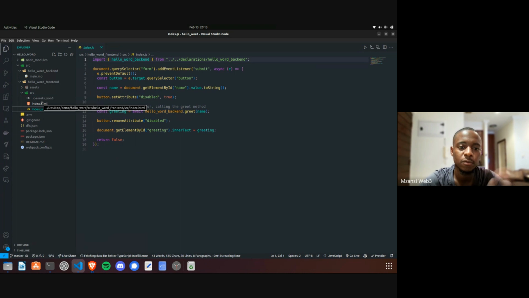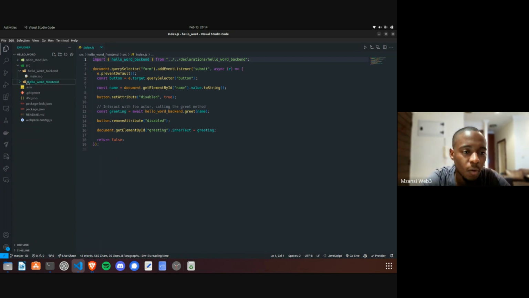I'm actually going to remove this front end. For now, we are just mostly focusing on the backend canister, on writing the actual Motoko, and then in the next sessions we'll go deeper into front ends and how you can integrate with your favorite frameworks and everything else. So that's it. That's what we have. We have the back end, we have the front end. Okay, I said yellow word. It's okay. And then